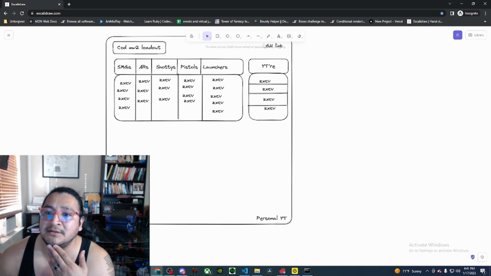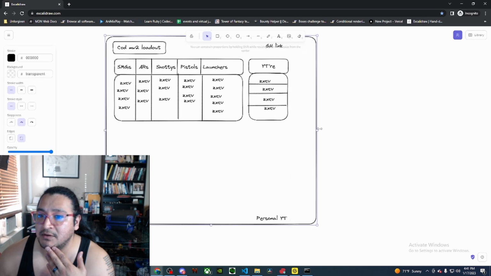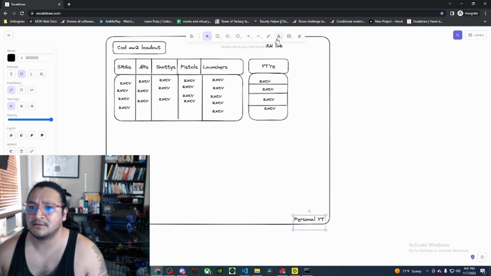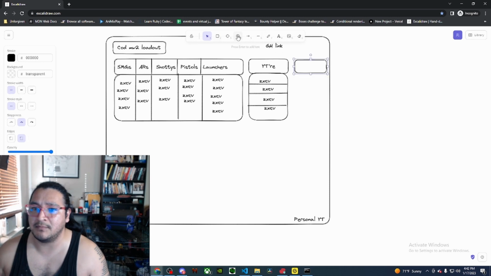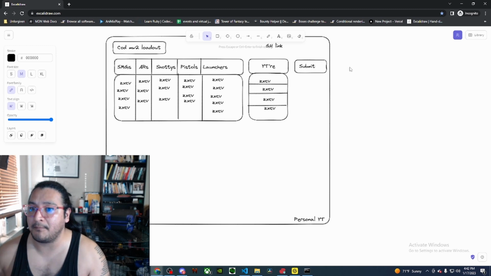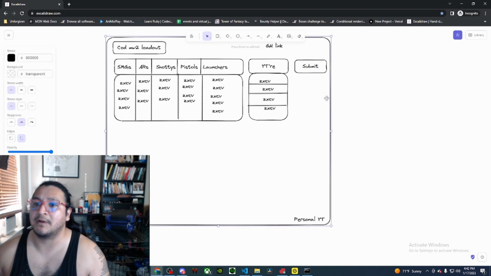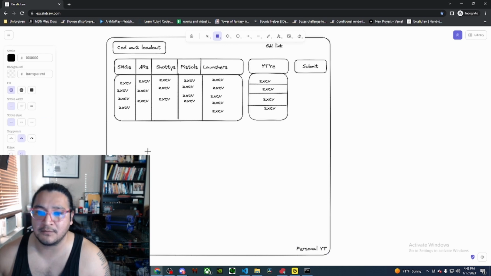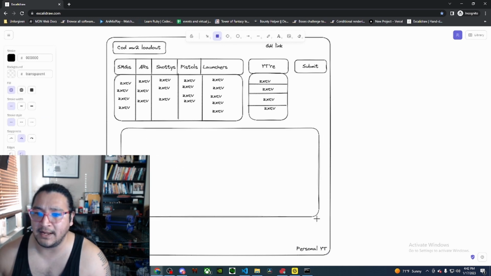And then I need to make this page bigger because I need a submit button. So there we go. Okay. And then right in here we will have